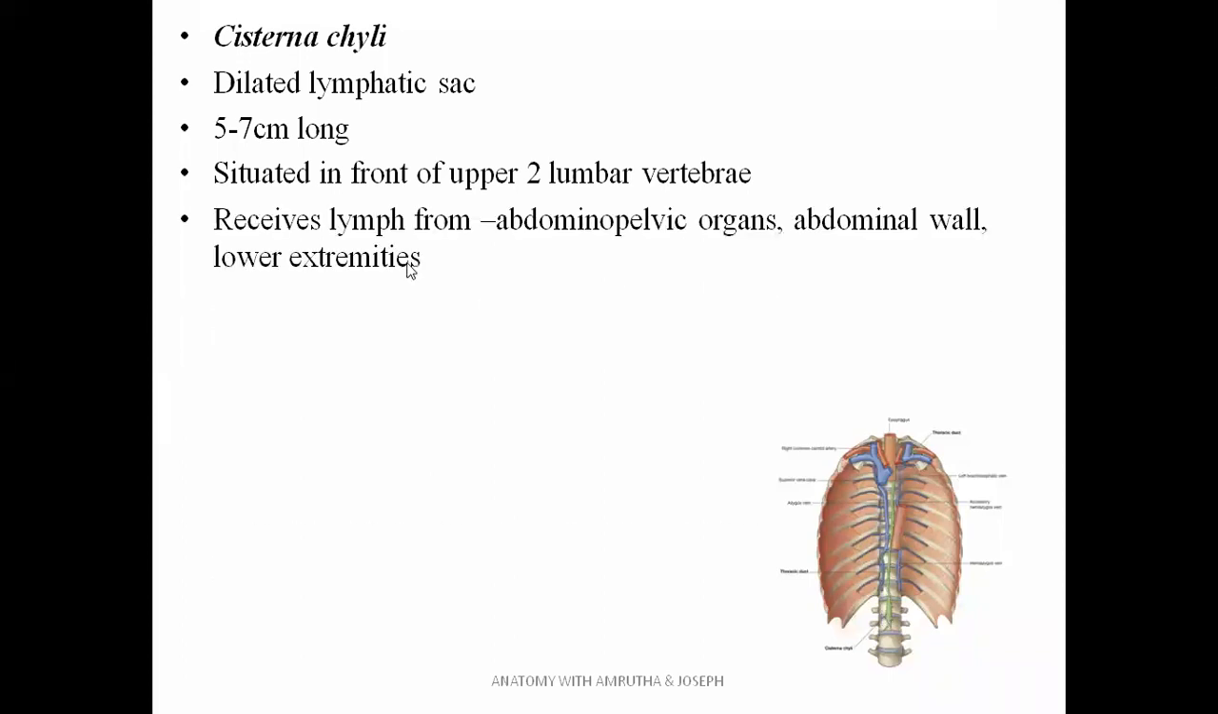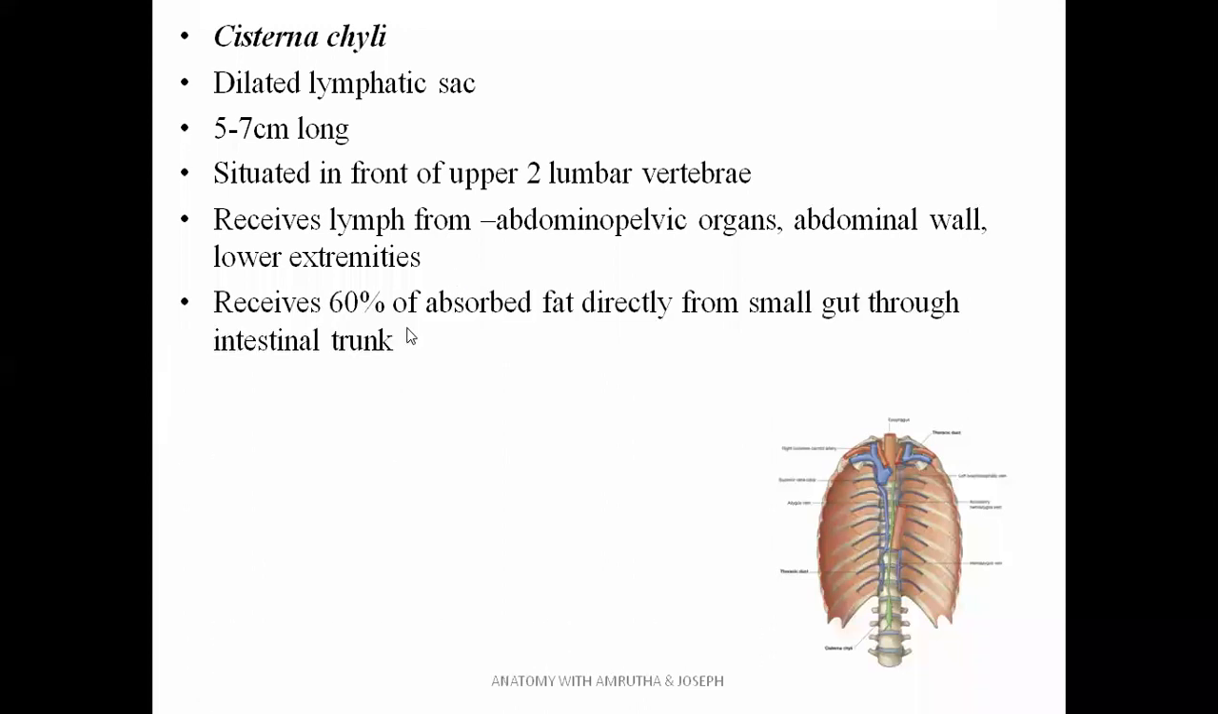It receives lymph from different areas like we already said, abdominopelvic organs, abdominal wall, and lower extremities. So it receives lymph from a large area. 60% of the absorbed fat also reaches this area, because we have seen the lacteals in the small intestine, which are lymphatic channels. Fat is absorbed into the lacteals from the small gut, and it reaches the cisterna chyli through